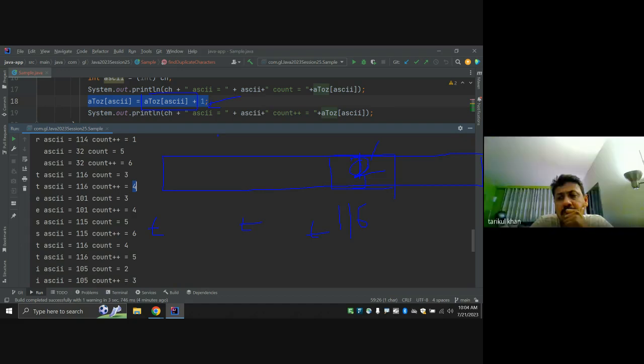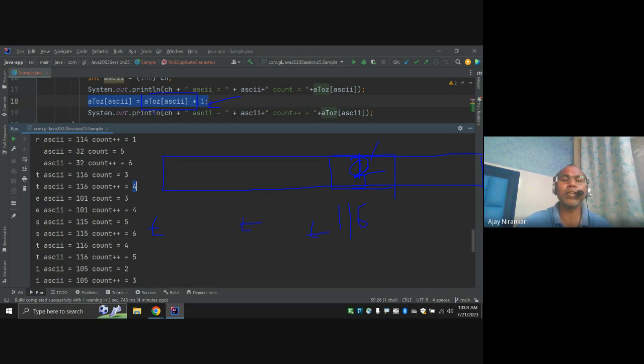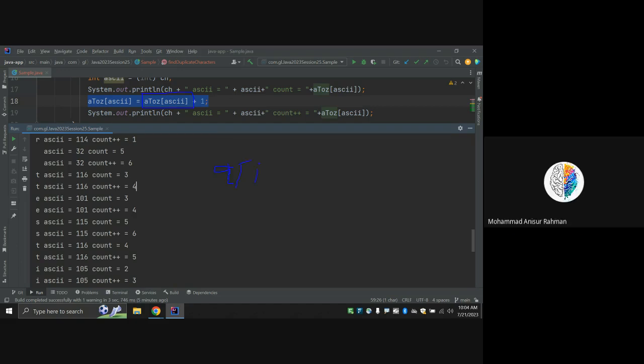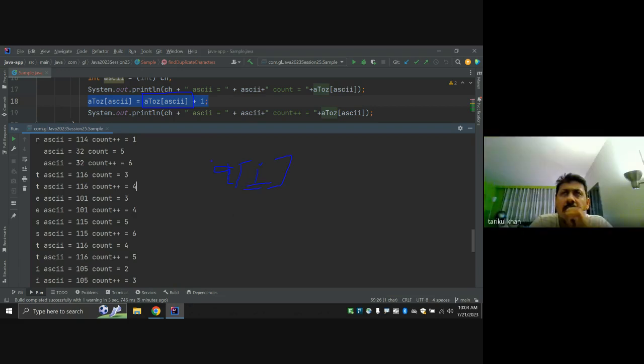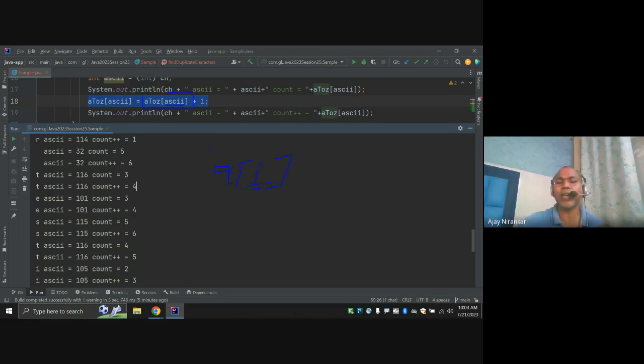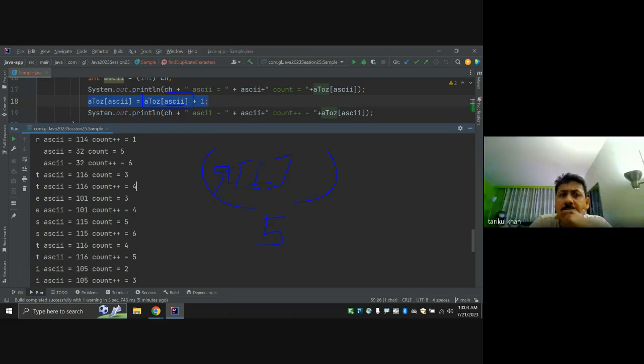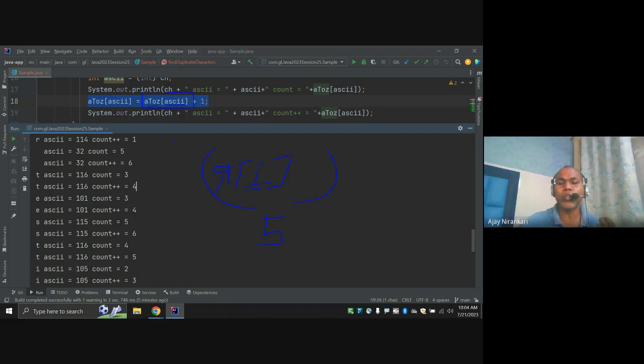But it looks like you are adding on an array. What do you mean by A of I? This is the value. Say A of I, what is the value of this position? Here I means index. Here A of I returns some value, like 5 or 6, because A is an integer array. So it returns initially the 0,